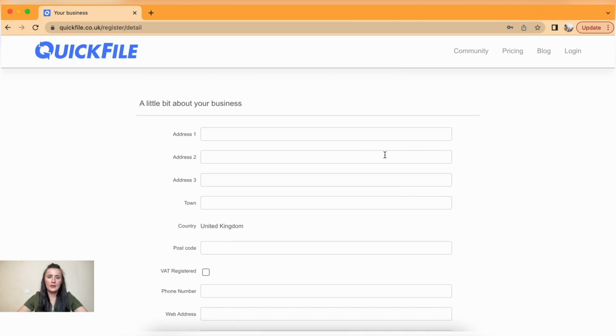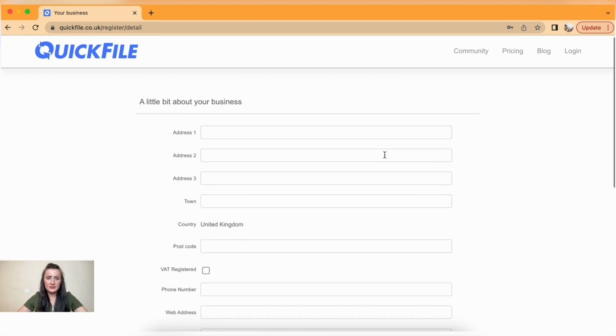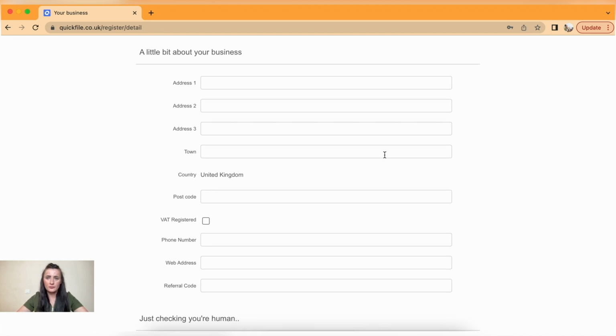Okay, now I need to provide a little bit more details about business. If information would be pulled through Companies House, your address would be filled in automatically. In my case, I need to add address details manually. So I will have Green Street in Green Town,